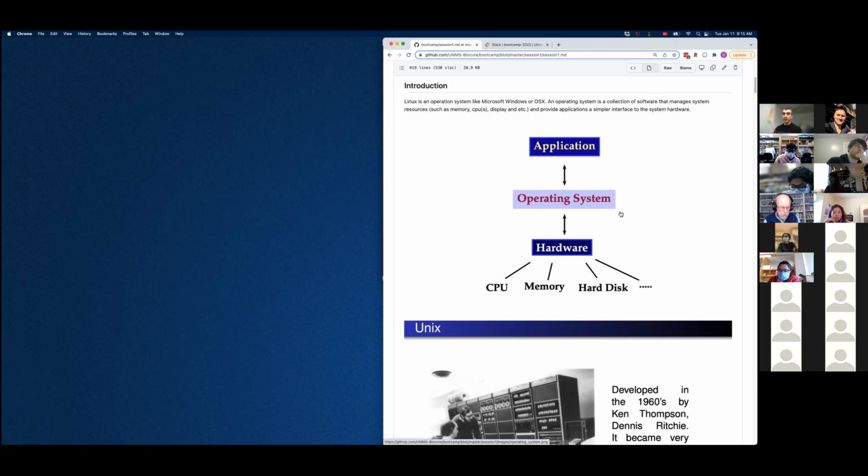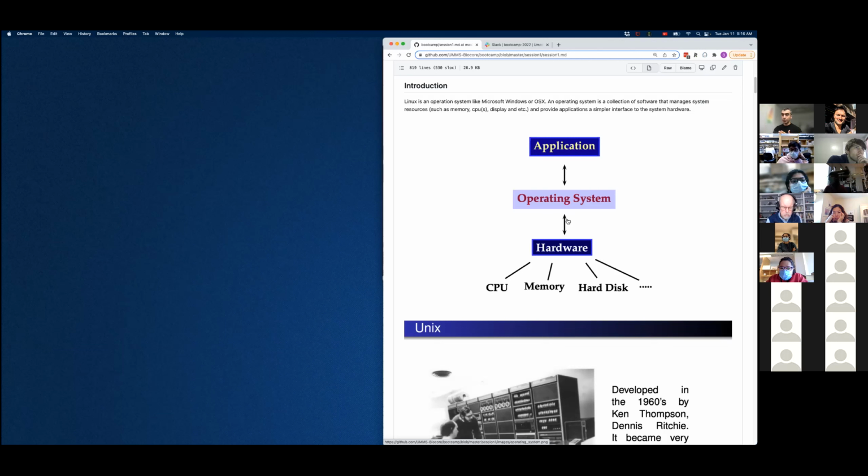The computer is made up of several hardware pieces, and some of them are written here. The important ones are the central processing unit, memory, hard disk, etc. When a programmer creates an application, a program, instead of communicating what the program wants to do directly to the hardware, the operating system provides a single interface that every programmer can interact with.